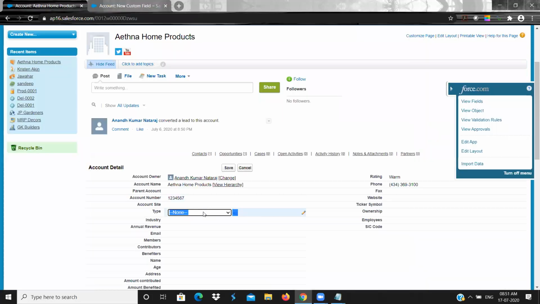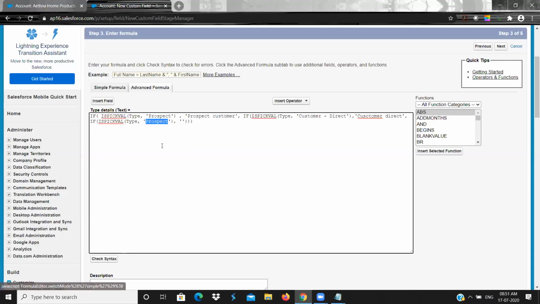I will give customer hyphen channel. If customer channel is true, then it should display customer channel. If it is false, then it should display other customer.